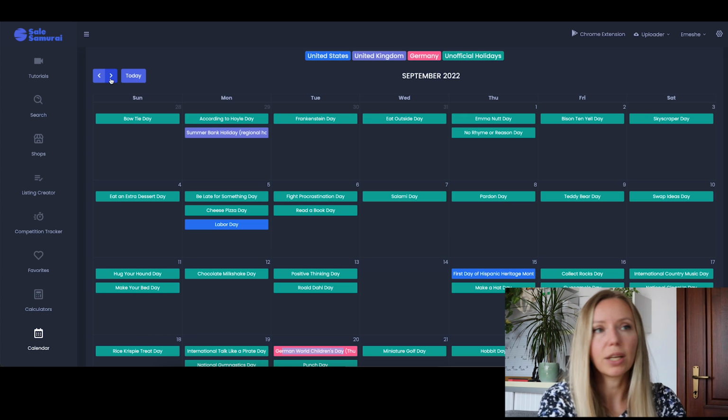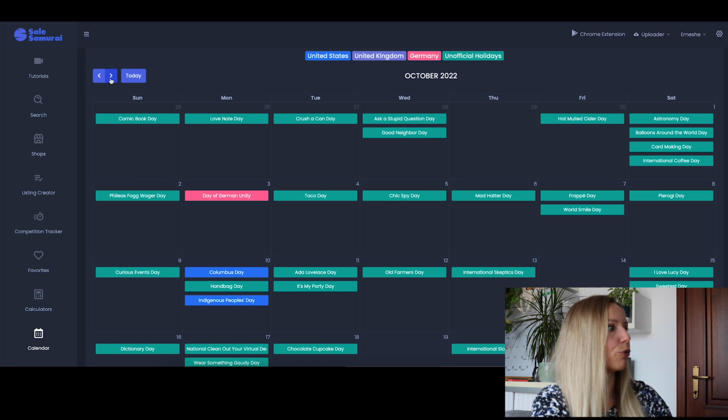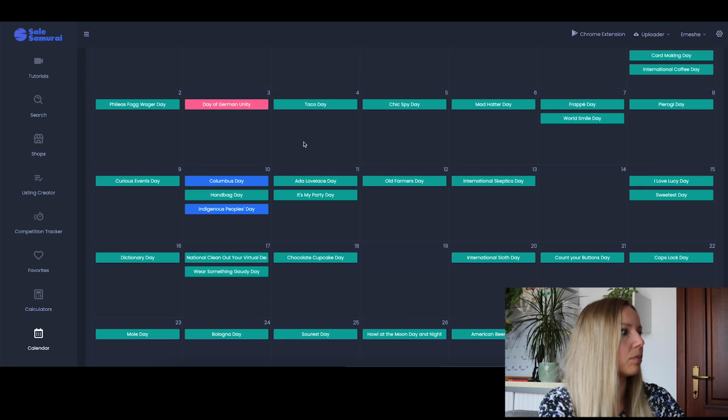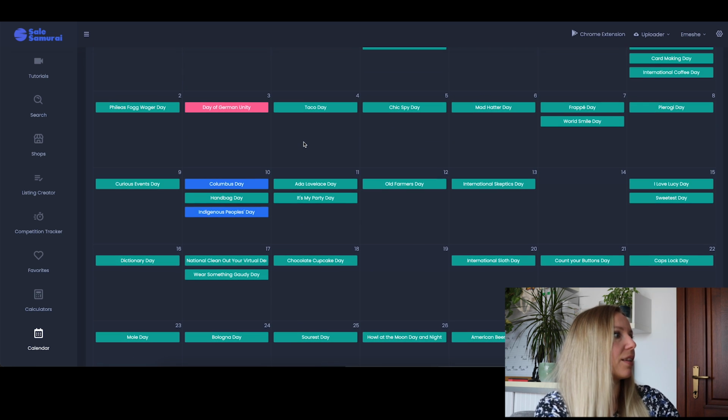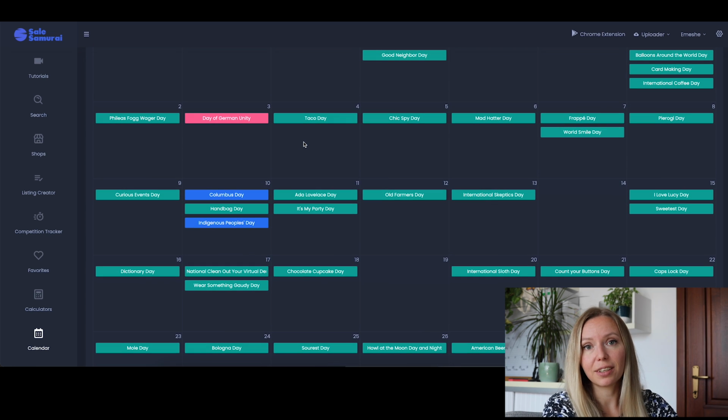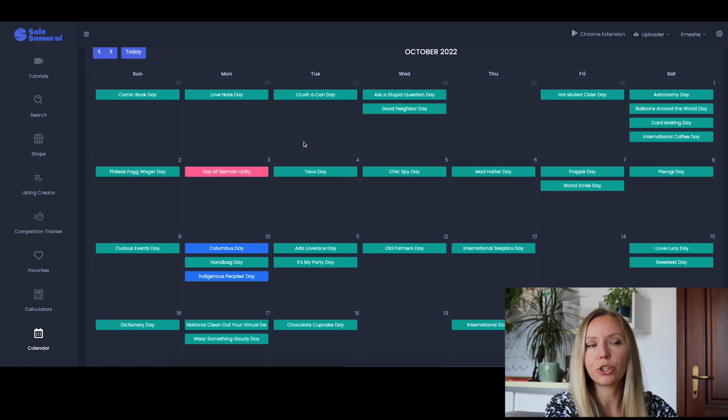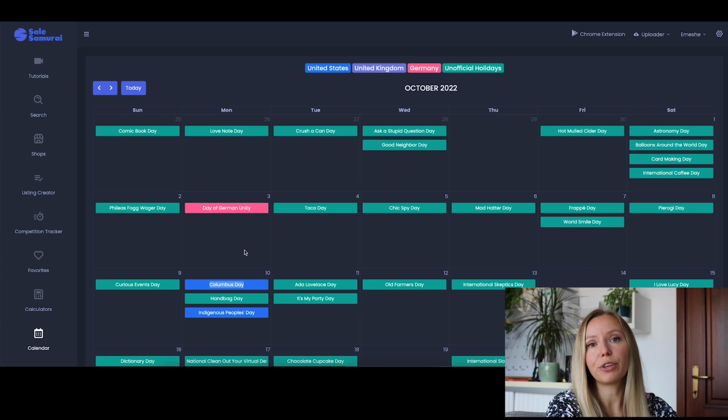Now let's take a look at October, and in October of course we have Halloween on October 31st, and I will start designing products for Halloween very soon in the Printable Planner shop. I have a few ideas in mind. But we also have Columbus Day. Well, because I'm not from the States, I don't know what Columbus Day entails, but it can be a very fun theme for lots of digital products.